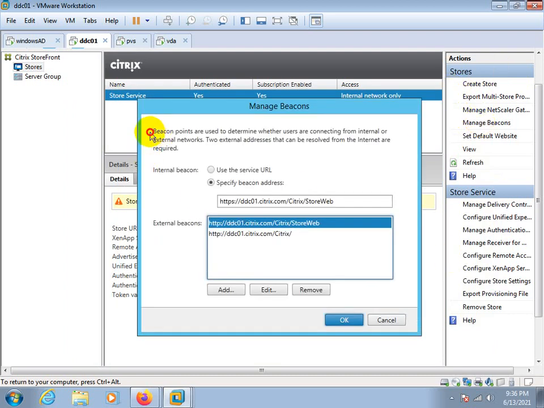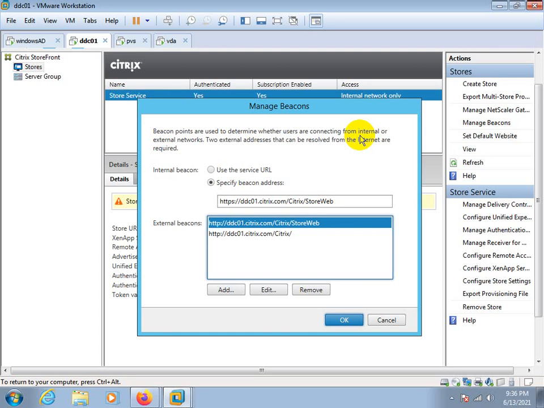Same thing is a beacon. Beacon points are used to determine whether users are connecting from the internal network or the external network. Do you know what is the internal network or external network? Internal network means within the office premises or the office environment.